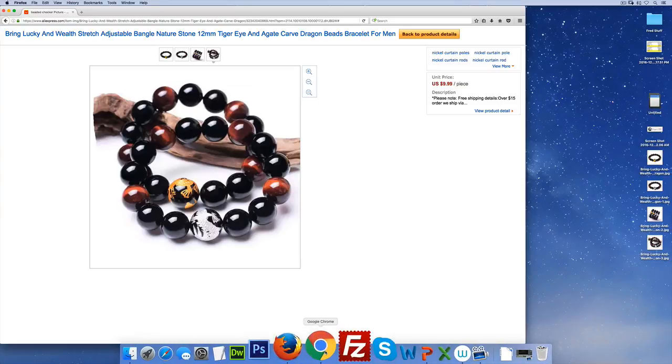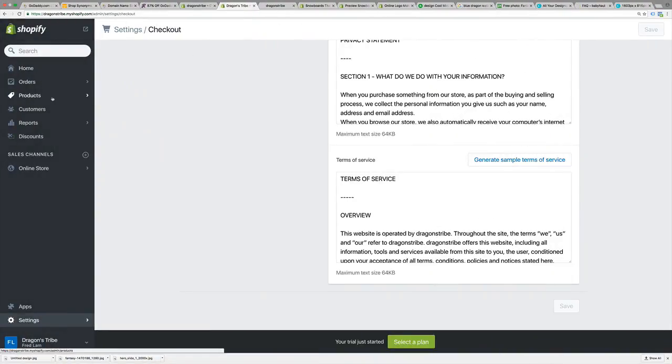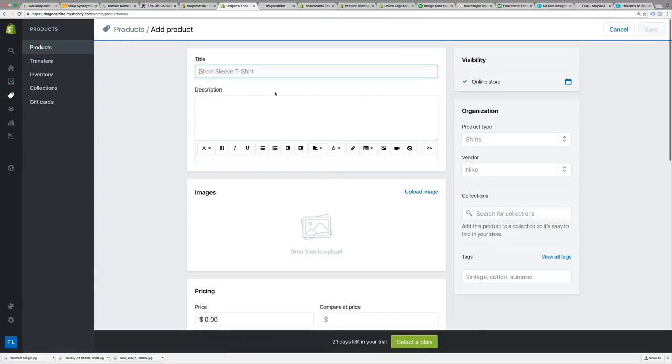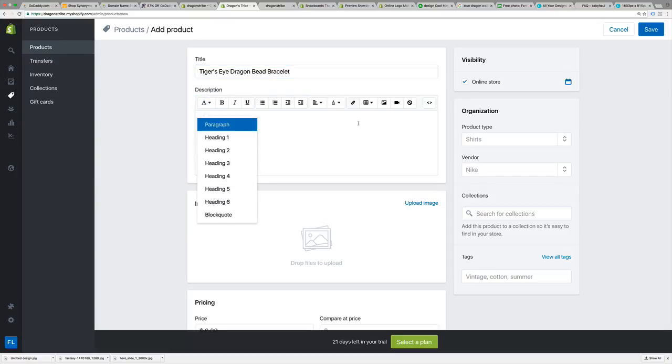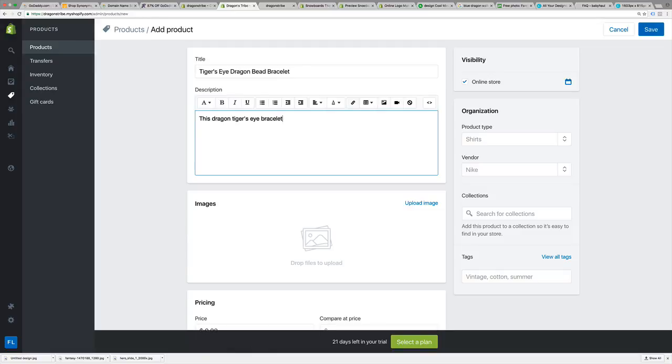All I have to do is go back into my Shopify account, go to products, and now I'm just gonna add a product in here. And I'm gonna put a Tiger's Eye dragon bead bracelet. And here's what I usually write. This dragon Tiger's Eye bracelet is perfect for